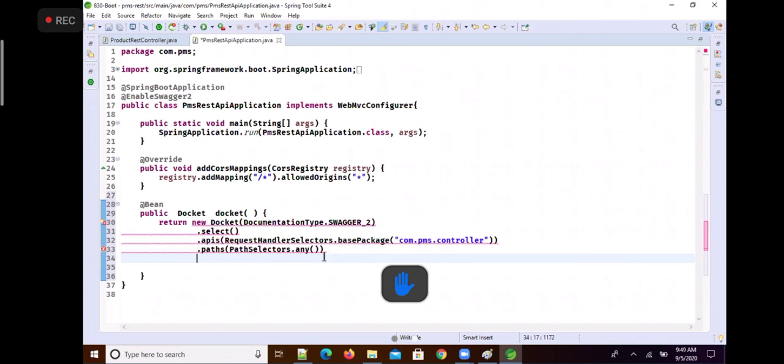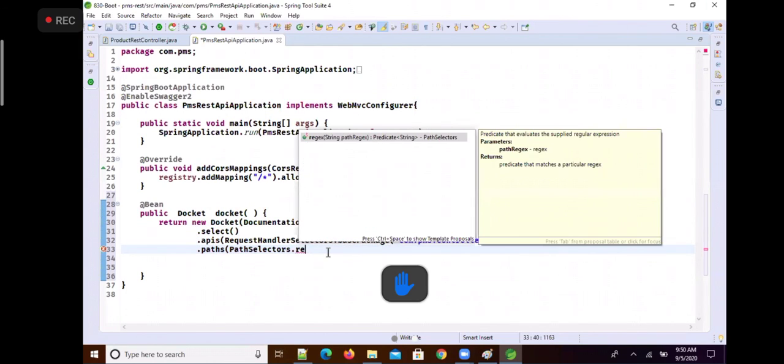If you would like to specify only some path, then you can use regex, regular expression. You can specify a path regular expression. Or you can also call ant pattern, or any. Any means everything.